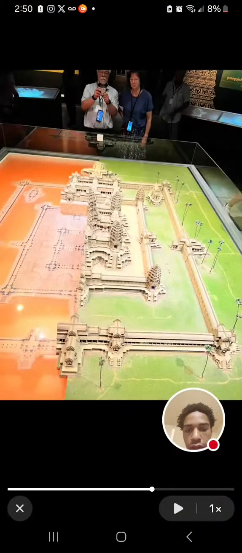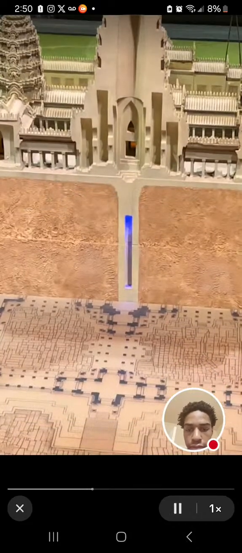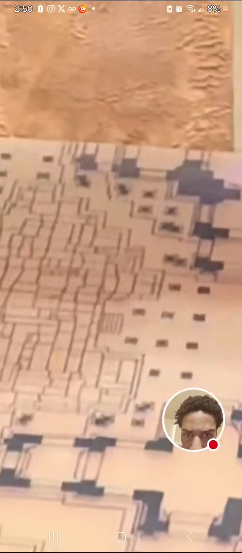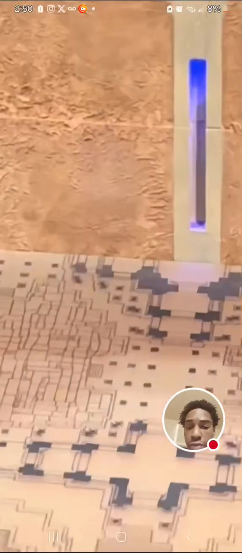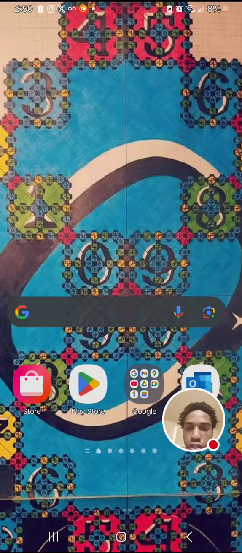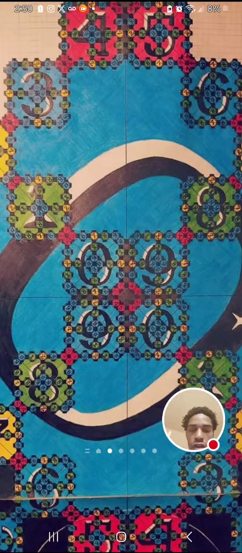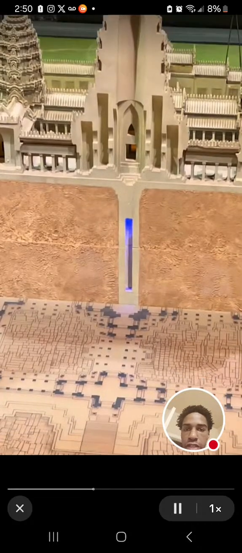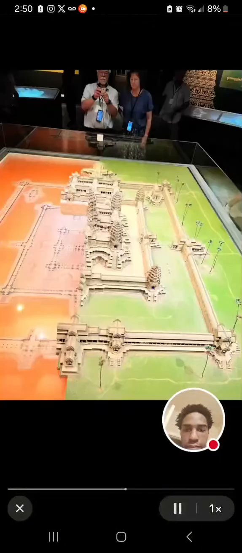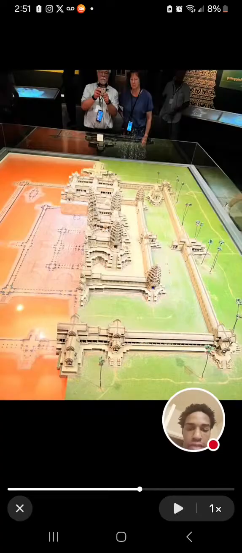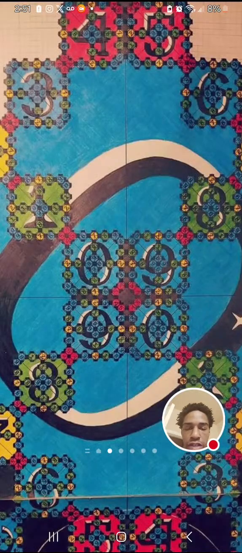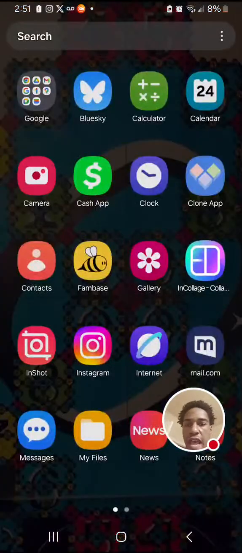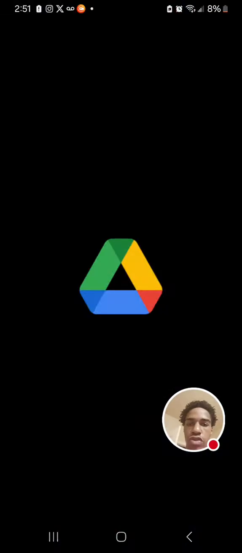Now, when you pay attention to the blueprint right here, you can see that they drew out down here the two-dimensional aspect of it. And that's literally what my discovery is, the two-dimensional drawing of Angkor Wat. So if you took Angkor Wat in this centralized aspect, that's where you see this right here. Right there. At the center. Understandable? And the whole purpose of this actually, as I mentioned, this blueprint is actually to show you